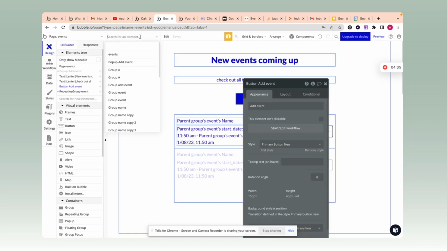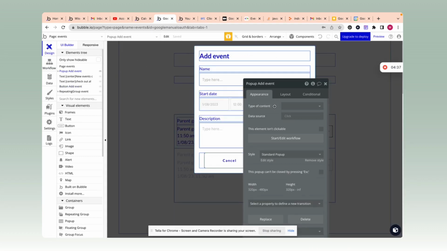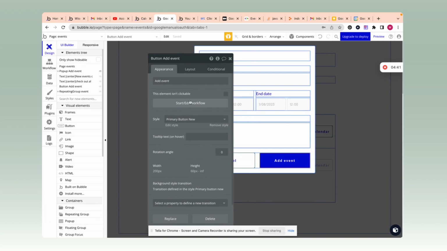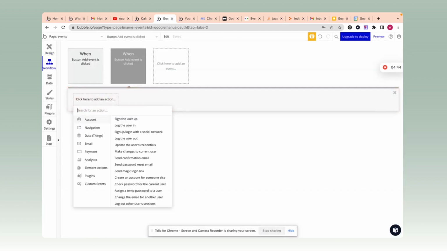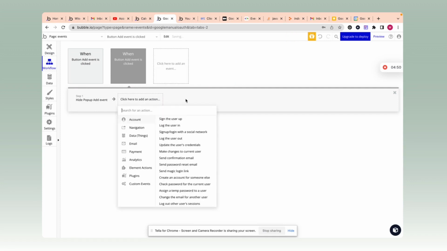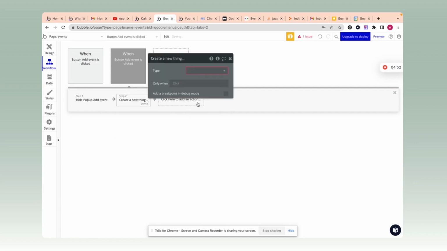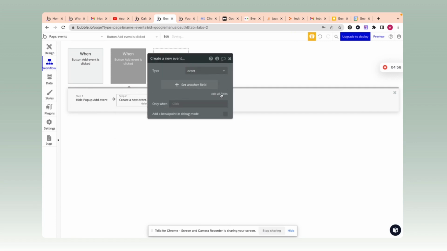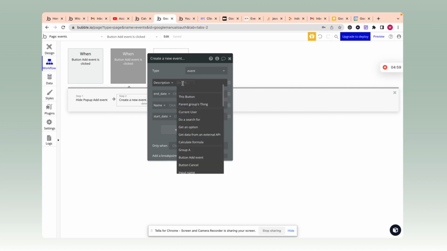And then once the user sees that pop-up, they're going to save the event. Very simple. This is like basic Bubble stuff. We are going to hide the pop-up first, pop-up add event, and then we're going to create a new thing, event. Let's just add all fields. So description is going to be